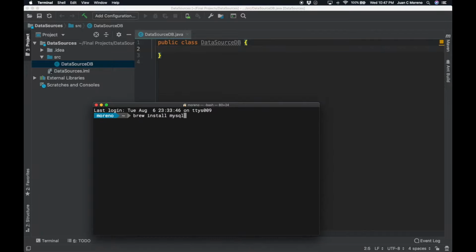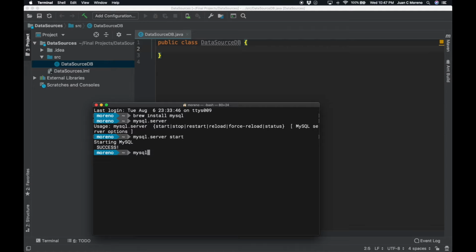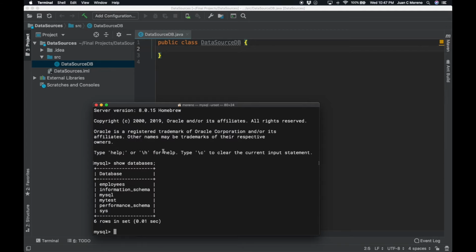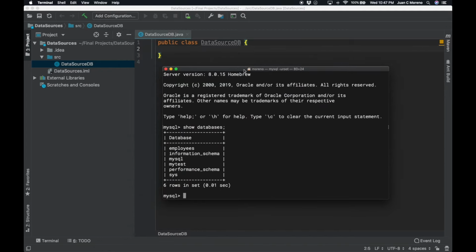MySQL, if you are on a Mac, you can run brew install mysql. If you're on any other system, let's assume that you already have a database set up and that your server is running. So in this case, for this example, I'm going to be using the MySQL